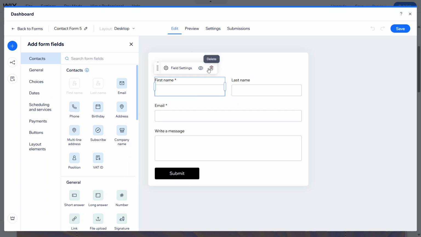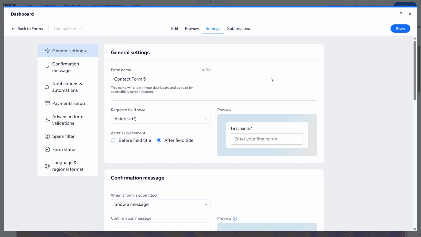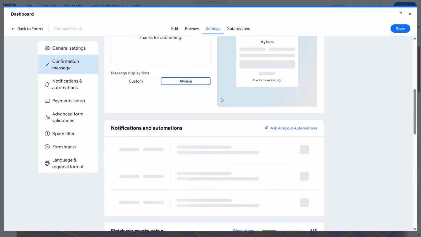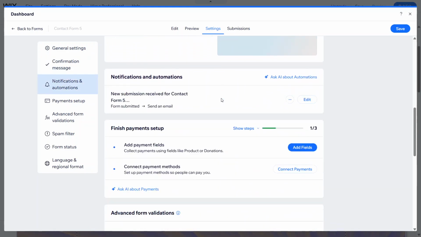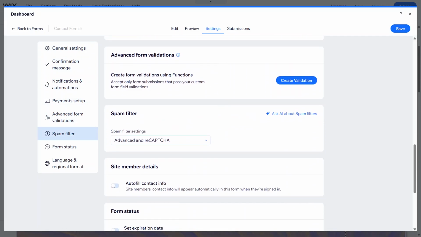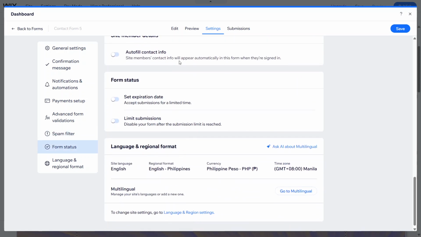Next, switch over to the Settings tab in the same pop-up. Here you can control your general form settings, set up a confirmation message for after someone submits, manage email notifications and automations, configure payments if you're taking fees, fine-tune form validations, adjust spam filtering, choose the form's status, and set language and regional formats. When you're happy with everything, go to the top right of the editor and click